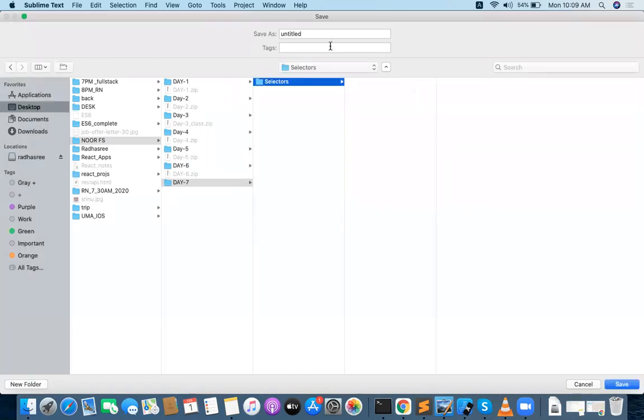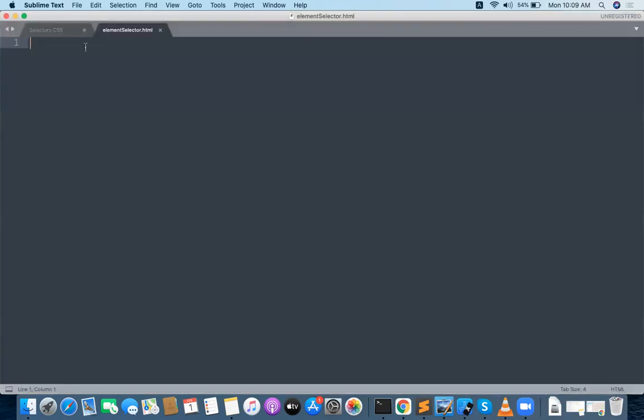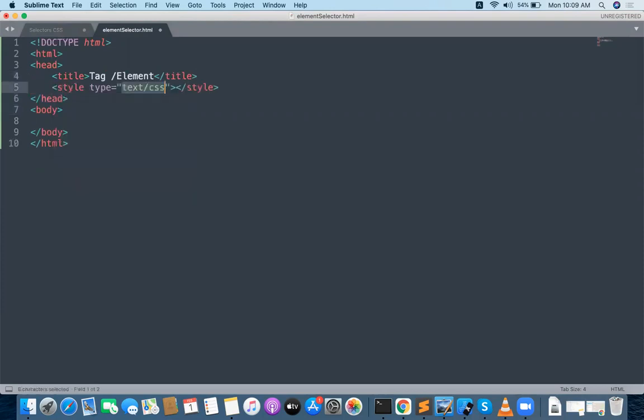Inside the selectors folder, I want to write the first selector, sorry, element selector. Element selector dot html. It's a tag selector, right? Element selector or tag selector, whatever it may be. For example, I want to write some CSS over there.